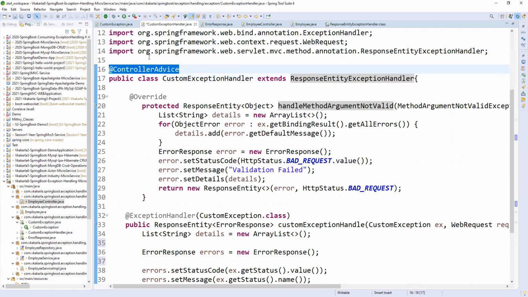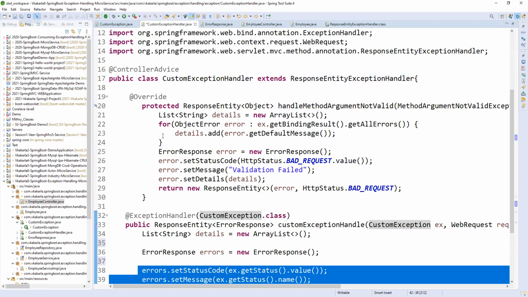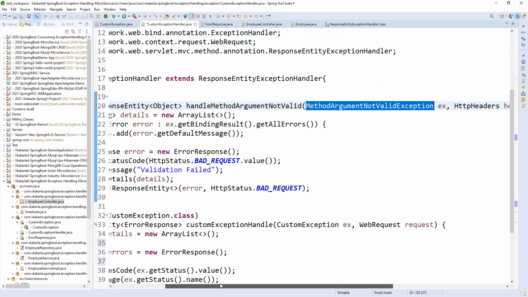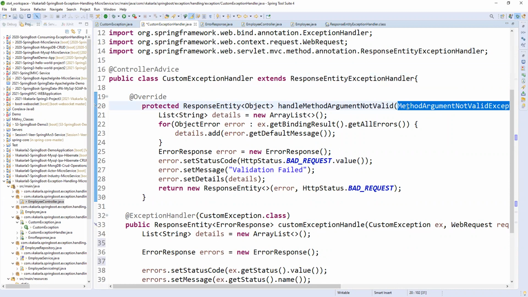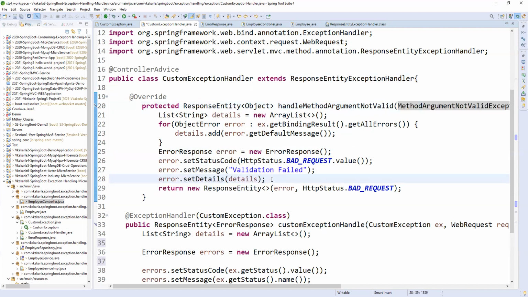It will be caught by the framework-given annotation, and it will be handled by the framework-given handler for our custom exceptions, and we are preparing the response. Here also we are preparing the response, but here we are not catching. The framework will catch it if we are passing method arguments that are null. By default, it will catch and generate it. Here we are writing these related messages.